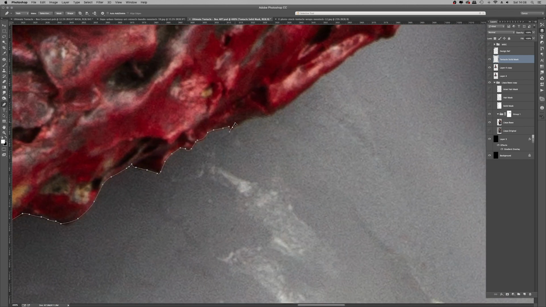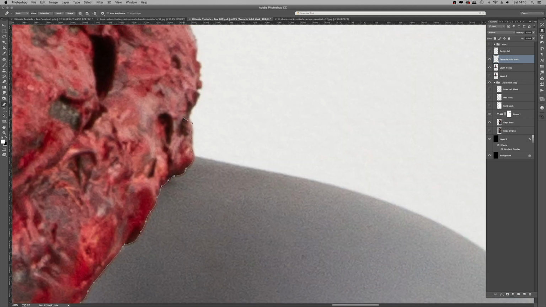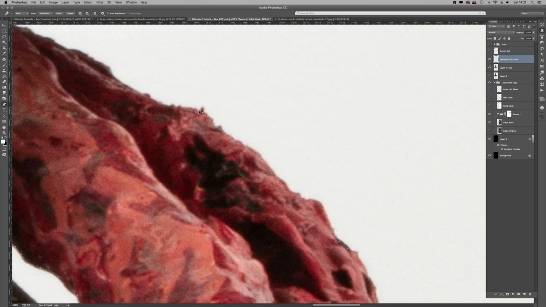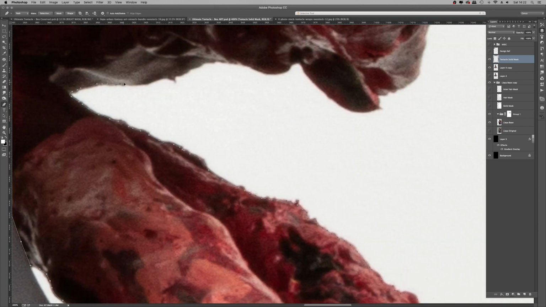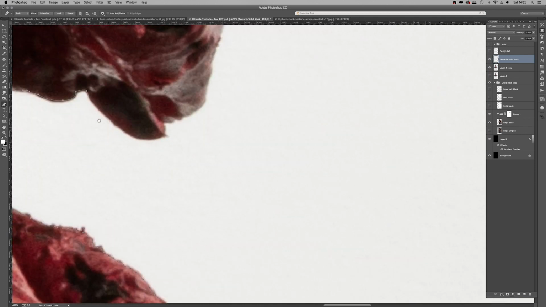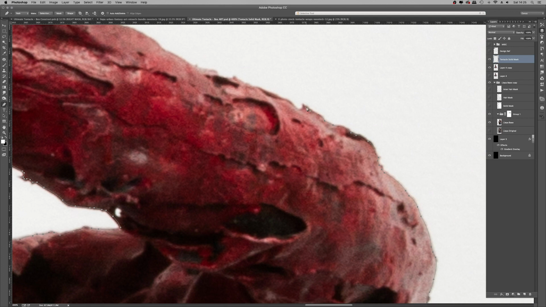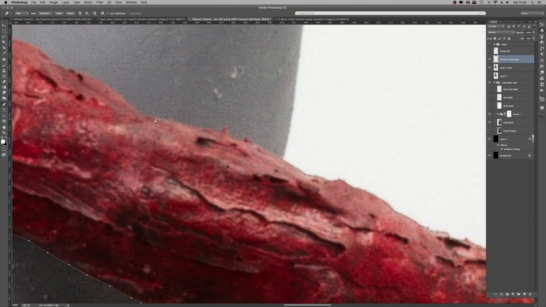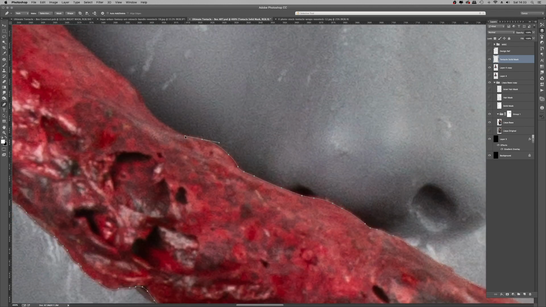And here we see with the time-lapse magic, the path being drawn around the outside of the tentacle. Now, if you're scared of the pen tool or don't really like how it works or its functionality, you should really give it a go and try and get into using it, because I don't think in raster graphics that there's anything better for cutting out sharp objects. And we should be getting to the end of this one here. Let's see how this is going.